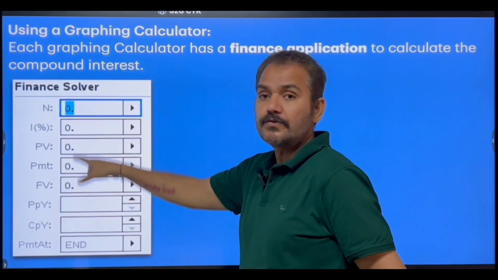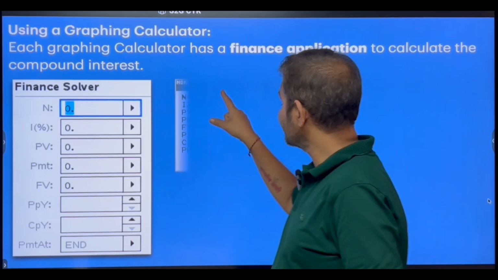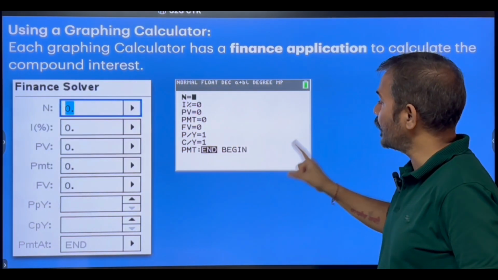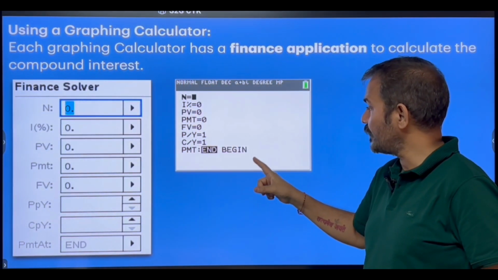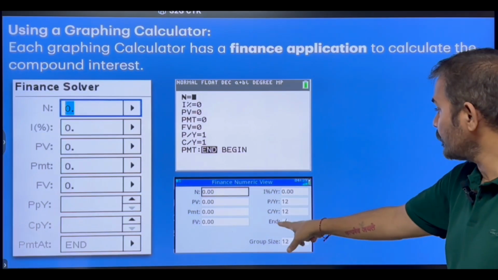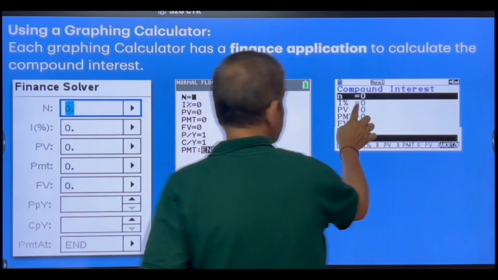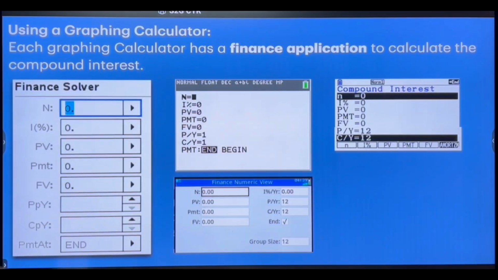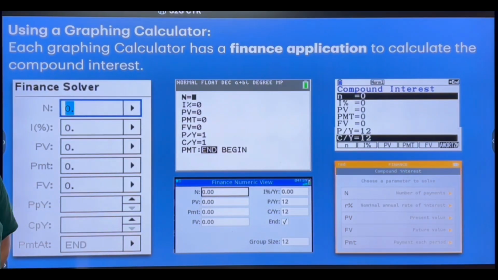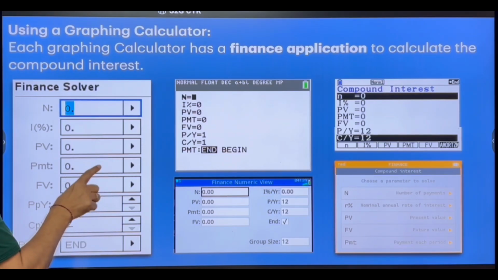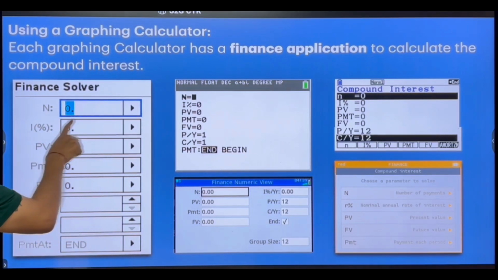This is how it looks in TI Inspire. This is how it looks in TI-84 Plus CE. This is how it looks in HP Prime. This is a screenshot from Casio, and that is a screenshot from Numworks. Now you see in each of these calculators, you have N,